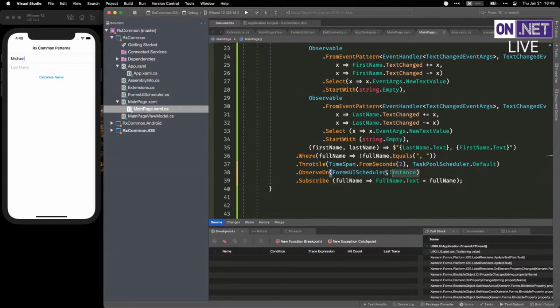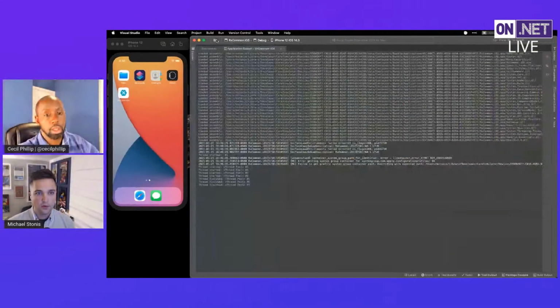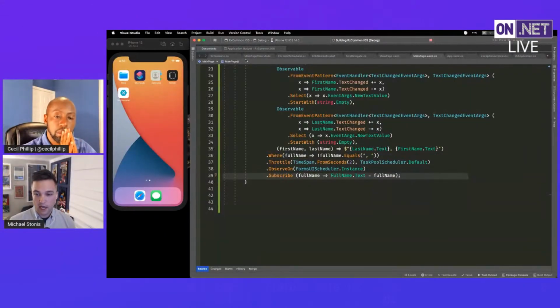Right now I could tell this to do the throttle work very explicitly, go do this on a background task pool scheduler out here. And then I could tell this to go observe on the forms UI scheduler. That's basically just a little piece of code that I wrote that will take our code and execute it on our UI thread for forms. So running this again,